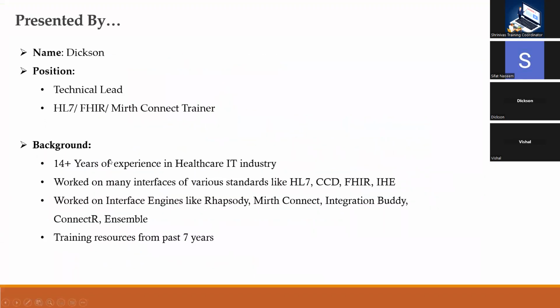So my name is Dixon, and I'll be your trainer. I'm working as a technical lead and FHIR, HL7 and Mirth Connect trainer for the past 7-8 years. I'm in this integration space for more than 14 years now. I worked on various HL7 interfaces